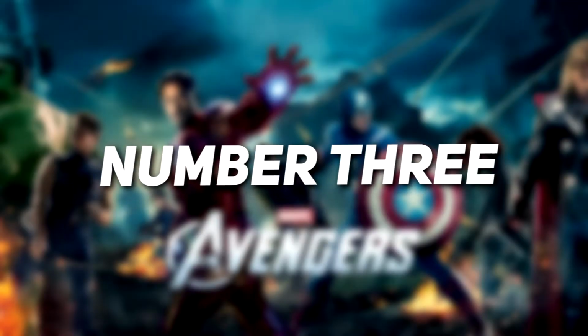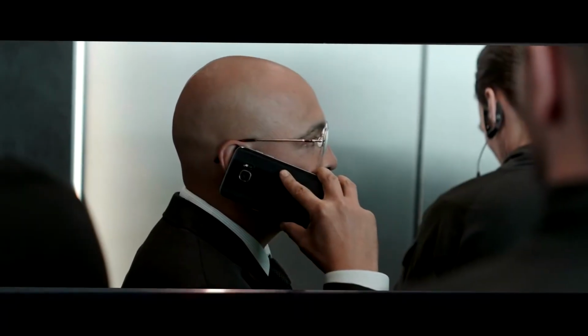Number 3. For number 3, we have The Avengers. Time travel is a tricky topic for the physics world, and the movie directors both, but we noticed something peculiar when our heroes traveled back in time in the Battle of New York, as Avengers Endgame confirmed this momentous event in the Marvel movie. History took place in the year 2012, but let's look at the phone that Jasper Sitwell's using